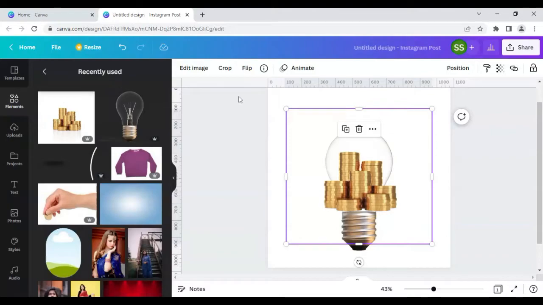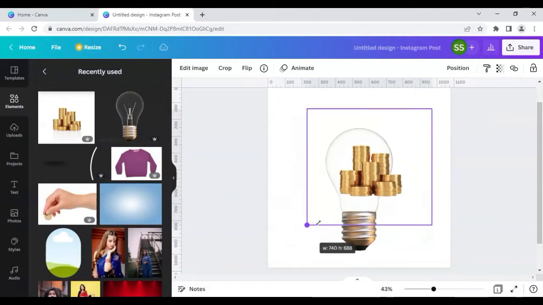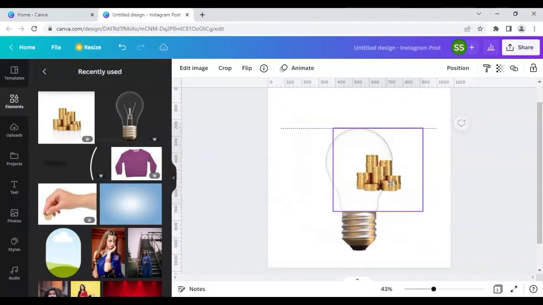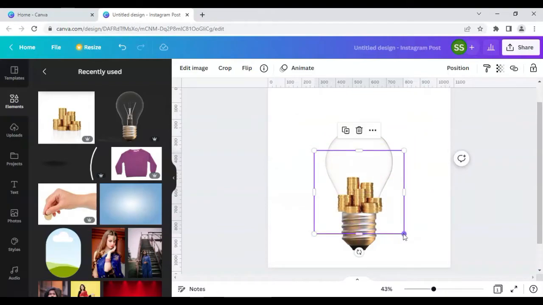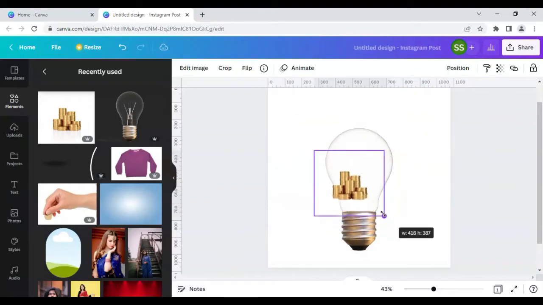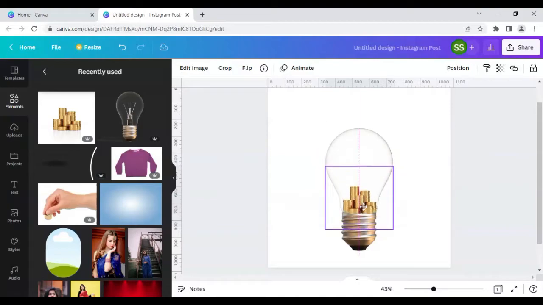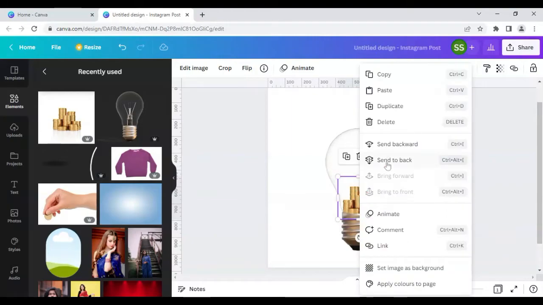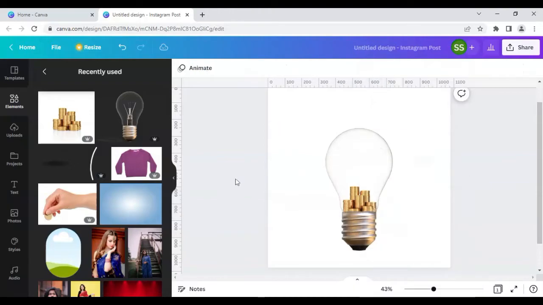Okay, so let's make it smaller and just make sure it is just inside of the bulb. Let's crop in a bit so that when we are doing other work, it does not affect this image. And I will click on send backward. Okay, so this part is done, and now I will go to the next part, which is making